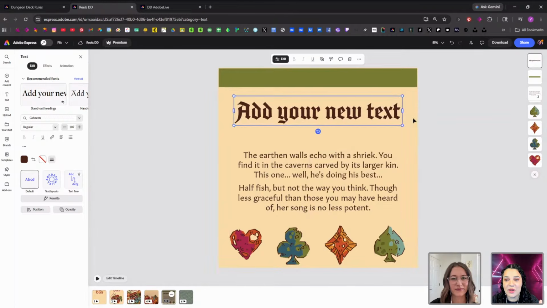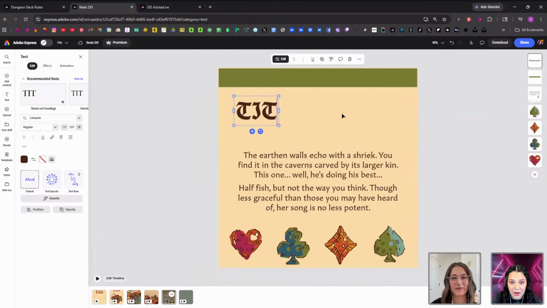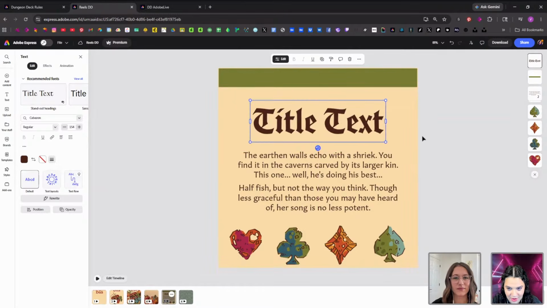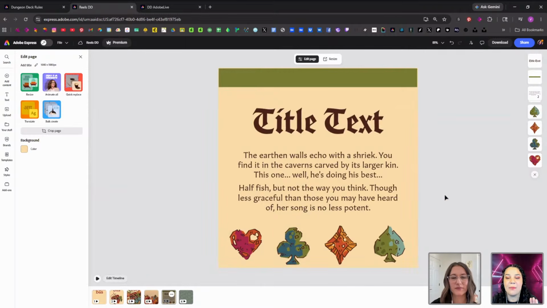So as I'm moving through the beginning of this, I am throwing stuff at the canvas. I am not really worrying about whether this is finished or as perfect as it could possibly be. No, I'm not worrying about that, because this is a decent start to a post that has text on it.